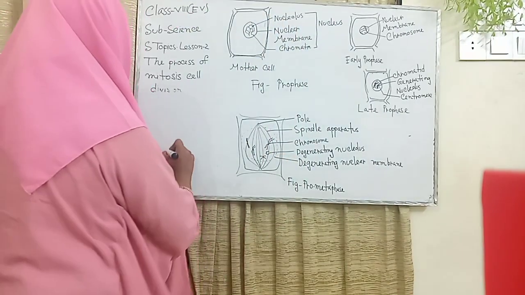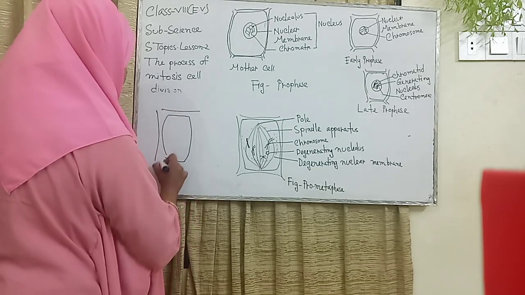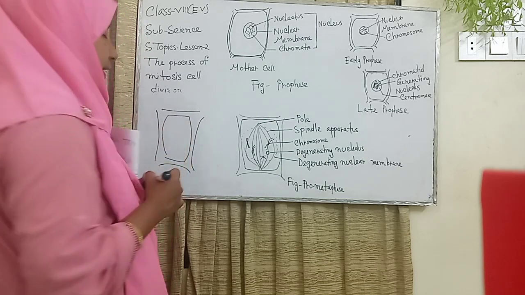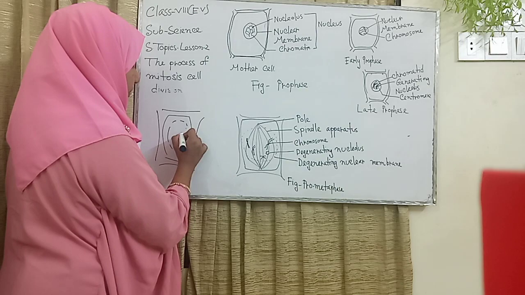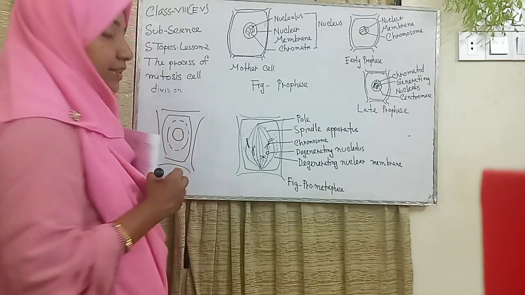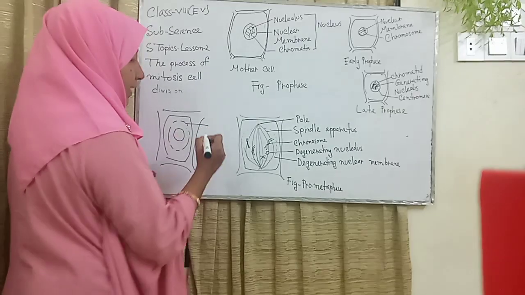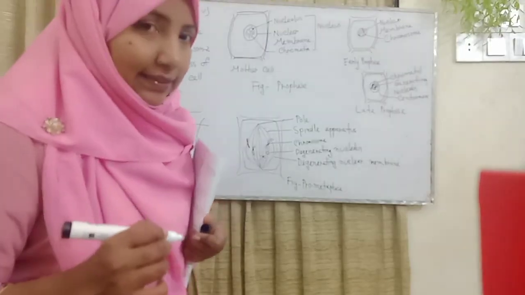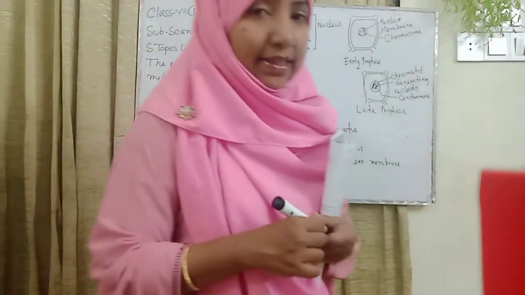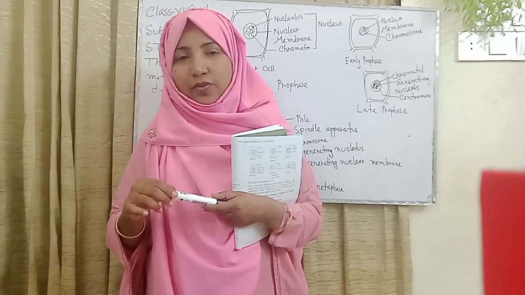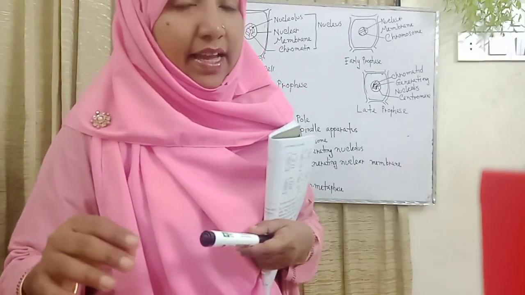Here is the cell. I just drew this structure, only the plant cell. Here is the plant cell. This structure is the cytoplasm, and the middle structure is the nucleus. The cytoplasm's other name is cytokinesis, and the nucleus's other name is karyokinesis. My dear students, in this topic we explain cytokinesis and karyokinesis,